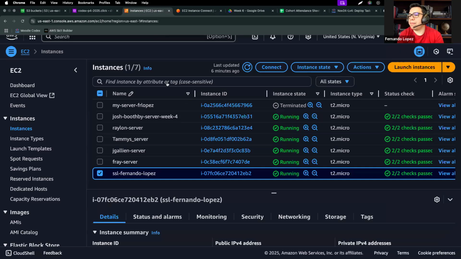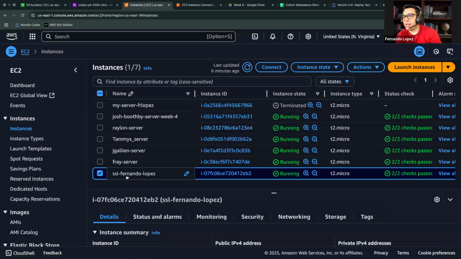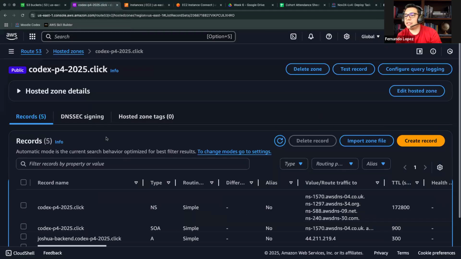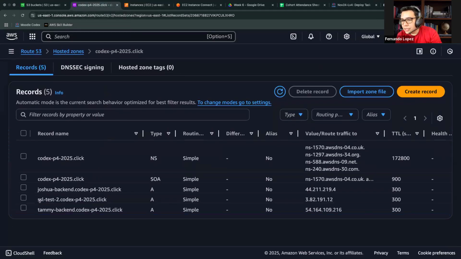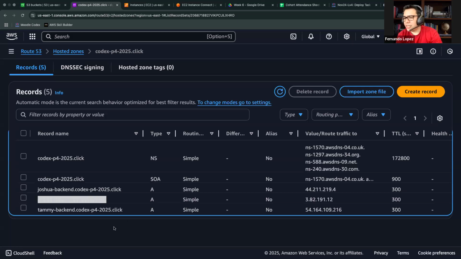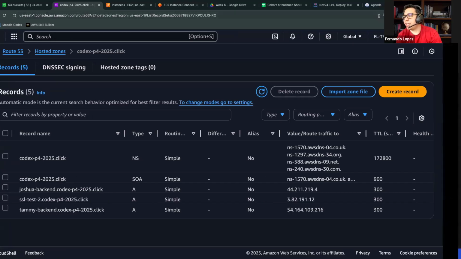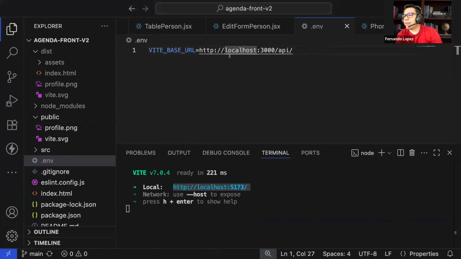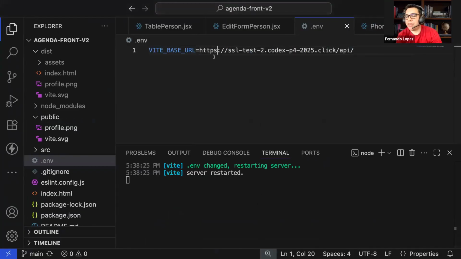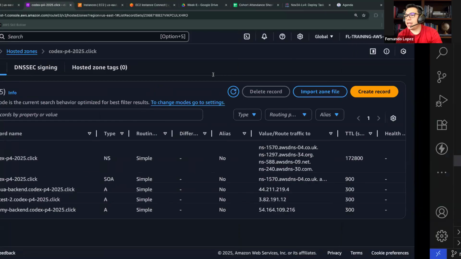Remember, this is my SSL instance, and this was the endpoint. It's not the endpoint, it's the subdomain that I created. So if I change this to the subdomain and add the HTTPS traffic,